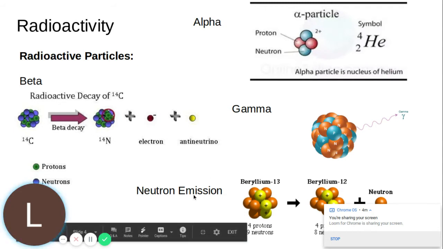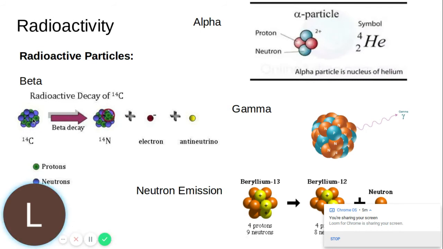There are actually quite a few more, but these are the four that we're going to focus on. So beta emission. This is where a nucleus becomes unstable. What happens is one of the neutrons, which has a neutral charge, splits in beta emission. So this neutron right here, this blue dot, is going to split into a positive and